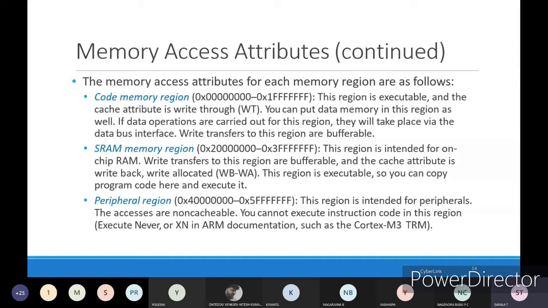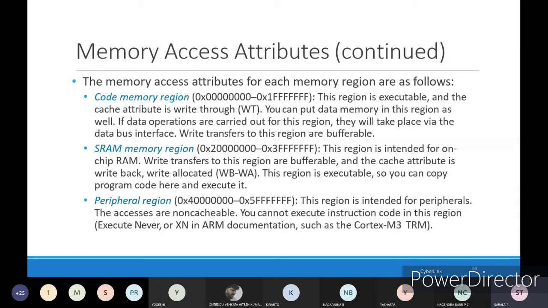Next we have the peripheral region, where the memory address starts from 40000 to 5FFF. This region is intended for peripherals. The accesses are non-cacheable. You cannot execute instruction code in this region. It is Execute Never in ARM documentation such as the Cortex M3 TRM.